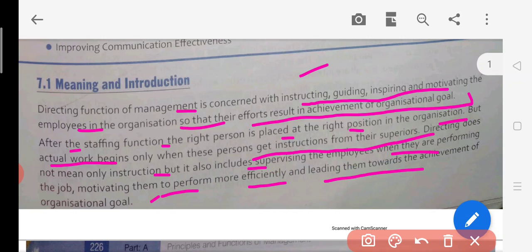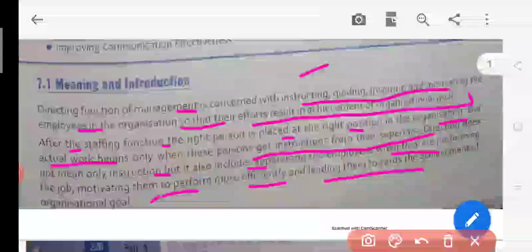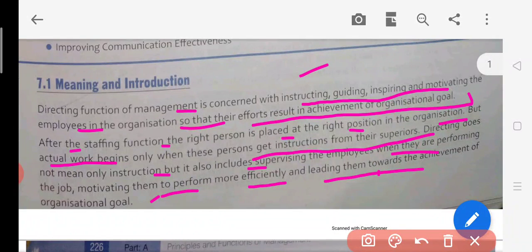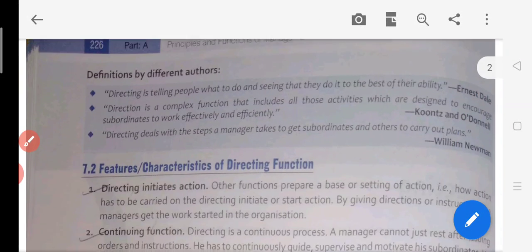So basically, direction is just a kind of order which has been given to the employee, so that when the employee gets the order, he will start doing some kind of work. So directions are important to initiate an action or work. Okay, now